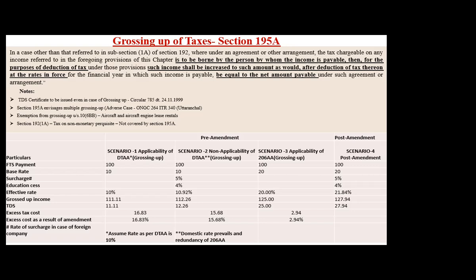Sir, highest up to 206AA has been 20%, 206AA has become almost redundant. That's what I'm saying, sir. I will come to that 206AA in the next slide. It's already written there. Look at the grossing up amount, it's redundant now. Yes, ma'am. The post-amendment rate is much higher than 206AA also. Next slide is of 206AA only.